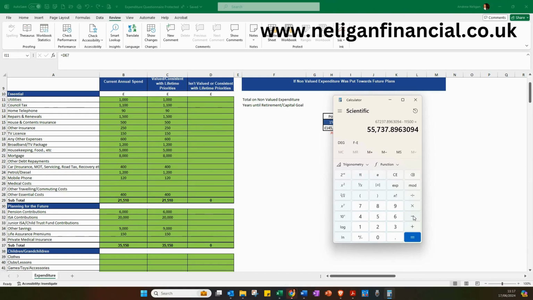So what we need to do is find out what £55,737 is 4% of, to give us a target pot from which we can withdraw. So therefore, if we divide £55,737 by 4%, that'll give us a figure of 1.39, let's call it 1.4 million.